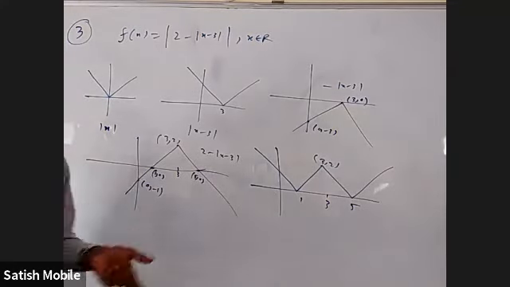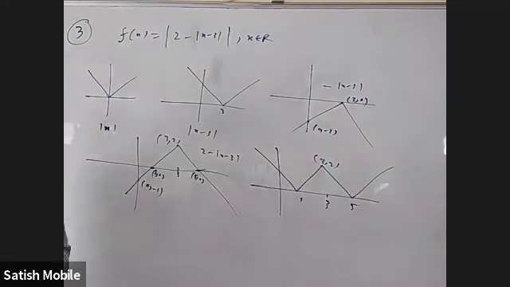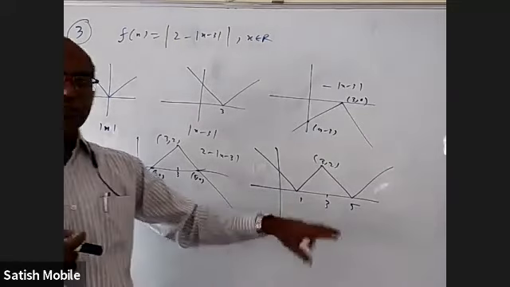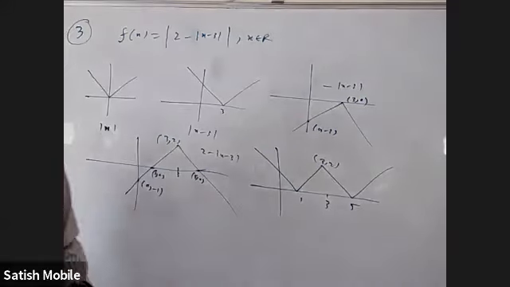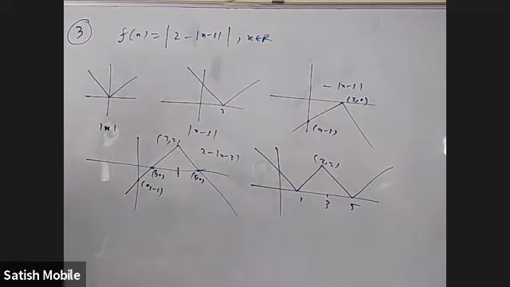Wherever there is a sharp turn, it is not differentiable. Where is it not differentiable? 1, 3, 5. At 1, there is a sharp change. At 3, there is a sharp change. At 5, there is a sharp change. That's it, done. Now, they want something further. So S is the set of points where it is not differentiable, which is 1, 3, 5.